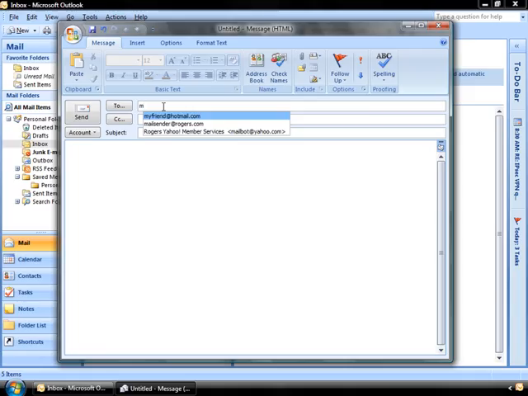Or if you keep typing, it'll refine it a little bit as you type until it figures out the right one, just trying to help you out here. So if you do want to go to this one, you can just click Tab and it'll fill that one in for you. Your other option is to click on either the To or the CC buttons here to add